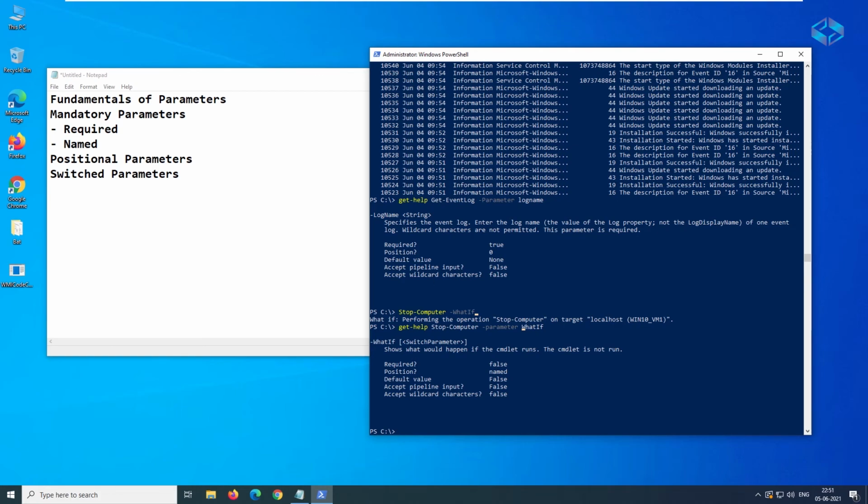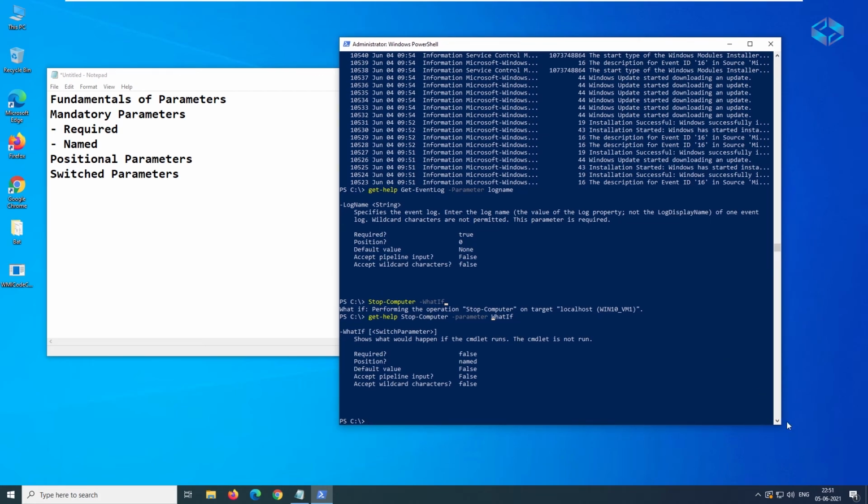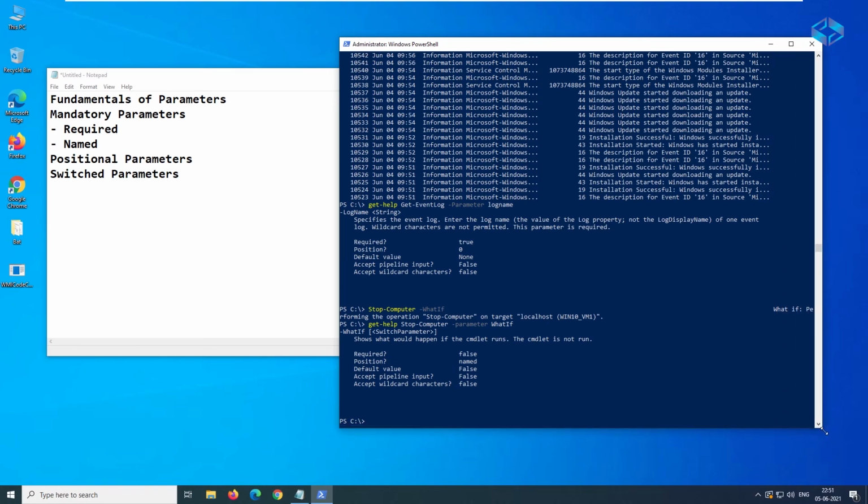So please try in your own way and for your own requirements, and try multiple commands and combinations of different commands, and how we can pipeline, and the best way of using the parameters, where we can use them, and how best we can make use of the Get-Help command. Keep practicing these things, and let's catch up in the next video with the next topic.